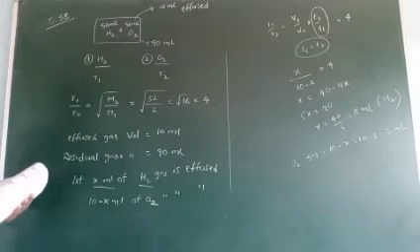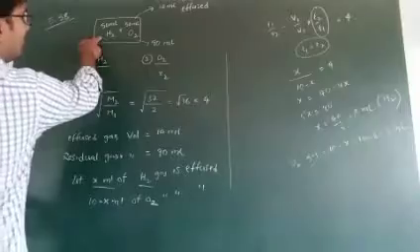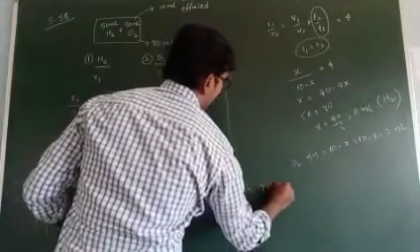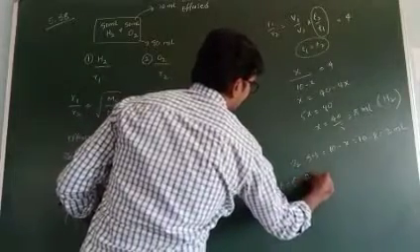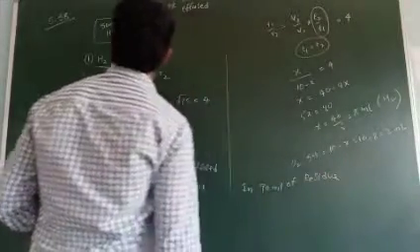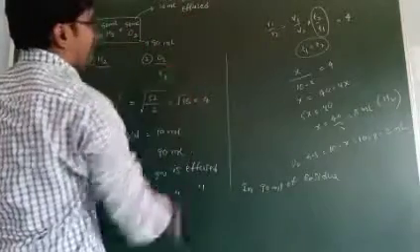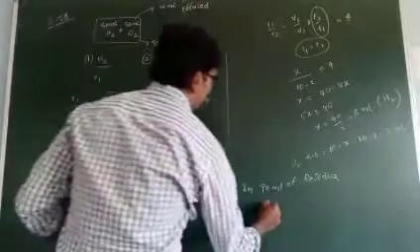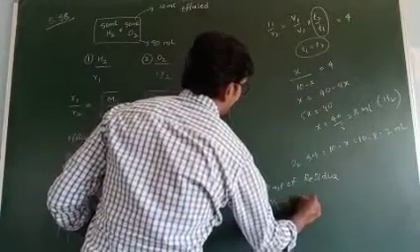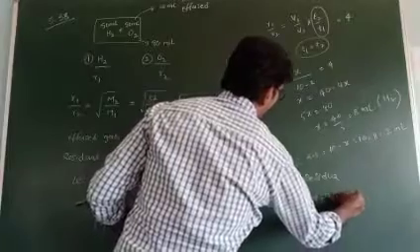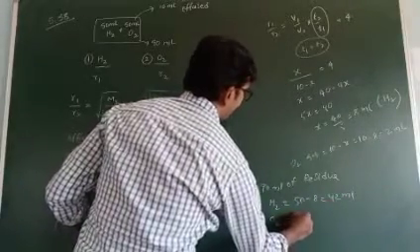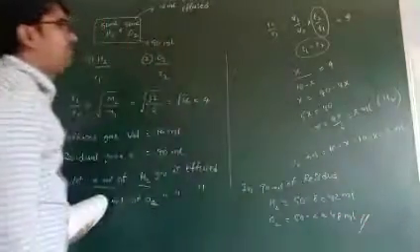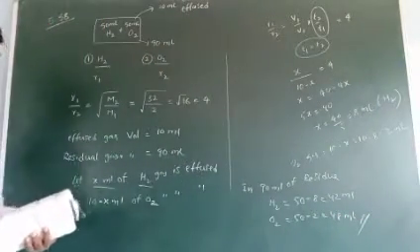Now calculate the residual. Actually, total 50 ml of each is present. In the 90 ml of residue, how much is left? How much is effused out from hydrogen? 8 ml. So H2 is equal to 50 minus 8, that is 42 ml. O2 is 50 minus 2, that is 48 ml. So the total problem is completed.